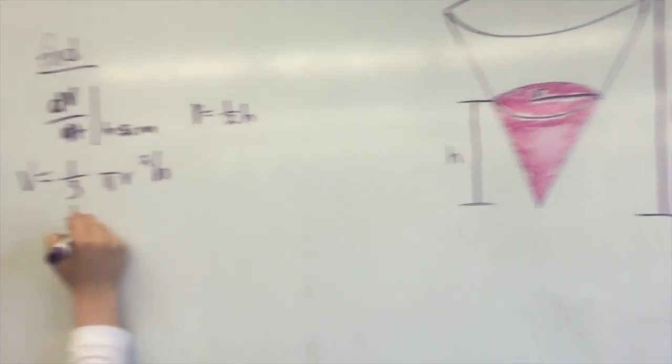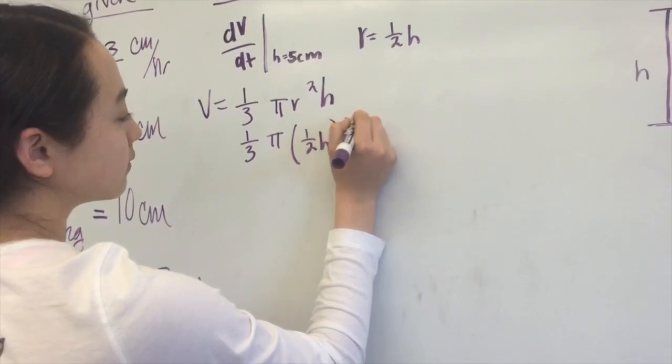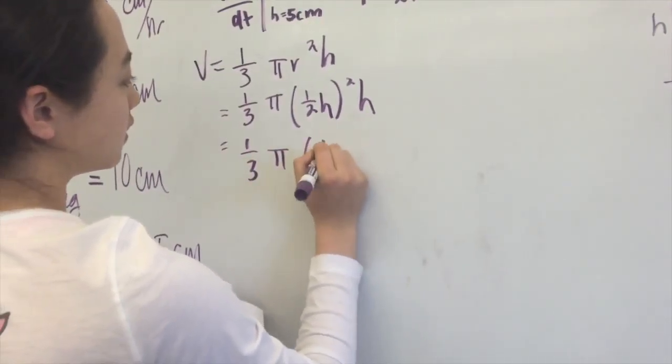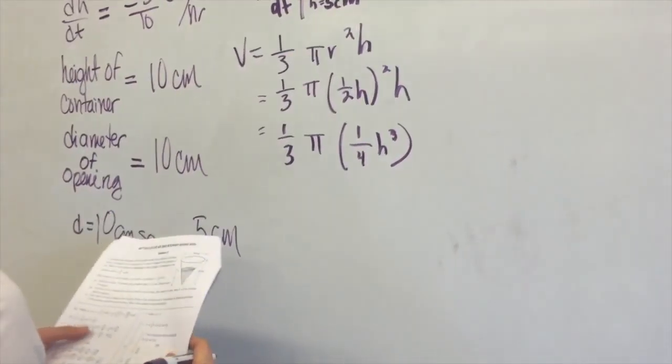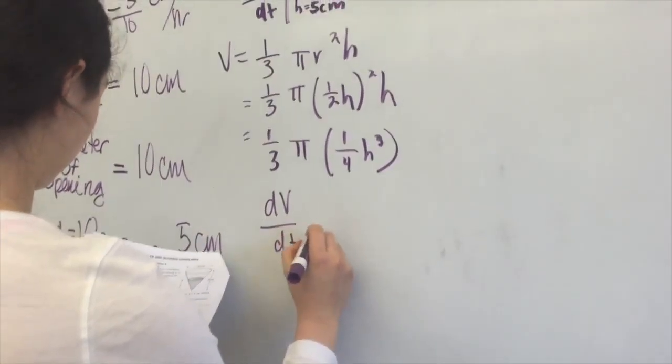So you would plug this in before you start deriving, which would simplify like this. And then you derive this, so then dV over dt